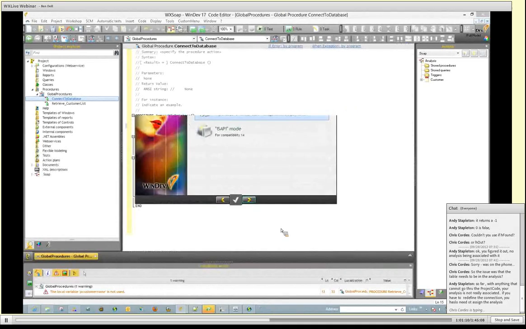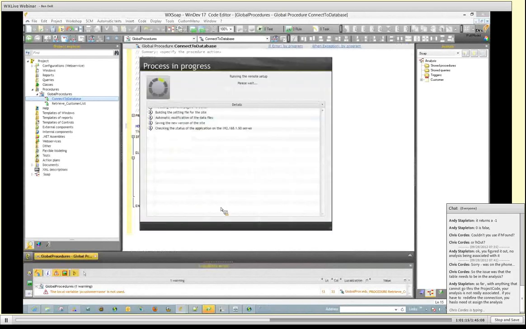And that is true. Okay, let's see here. Retrieve, and there we get 0 customers in our database. Now,